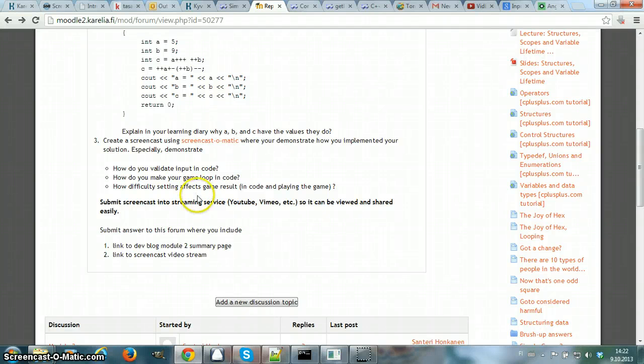Okay, here's my second module, an explanation of how I have a simple game. First I show how I make a game loop in code, and then how difficulty settings affect the game results,